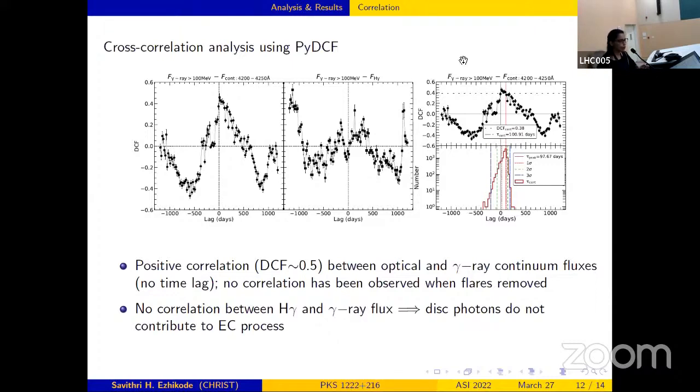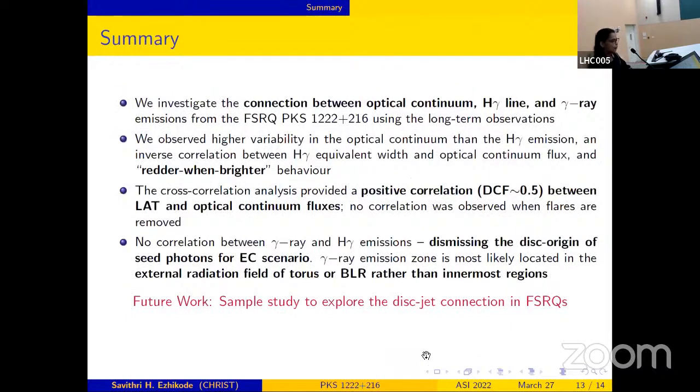as the seed photons for the external Compton scenario in the source, which also indicates that the seed photons for external Compton in the source are contributed by the torus or BLR region present in the source. So summarizing the results, we study the connection between the optical continuum, broad H gamma emission line, and